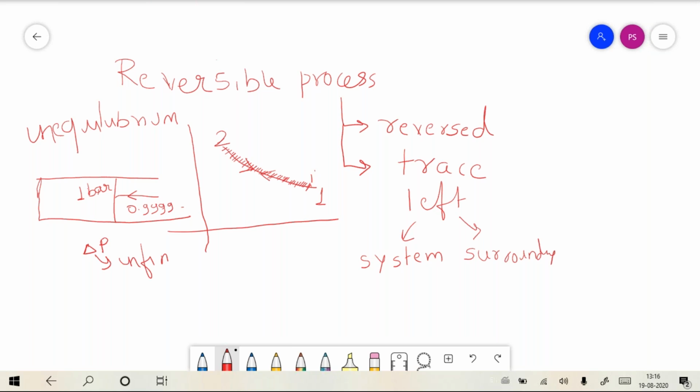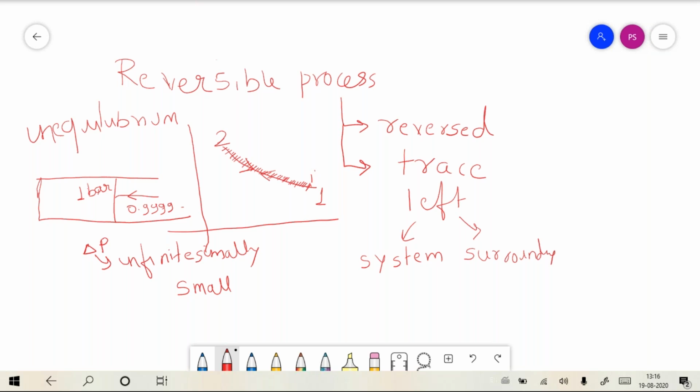It is very, very small. It is extremely small, so small that we cannot just get the difference between the two. So that difference in the pressure, for example, when you are talking about an expansion process, is infinitesimally small, then